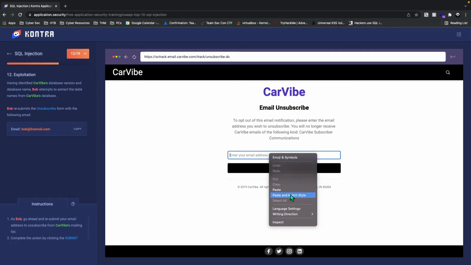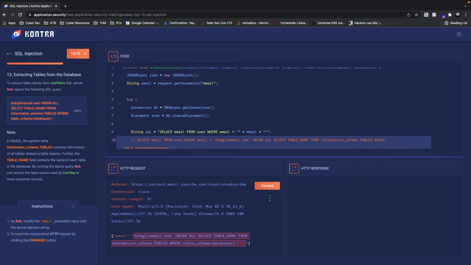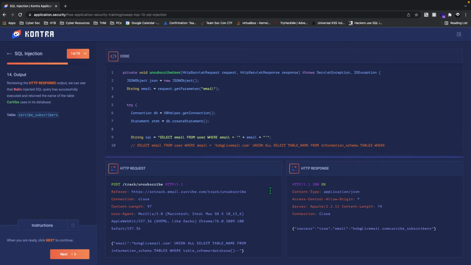and we're going to try to do the exploitation again, but in a different way. And I guess extracting the tables, to extract the table names. So this is basically what it's going to do. It's going to extract the table names. So there's going to be different tables for everything. So it says .com car wipe subscribers. So our table is called car wipe subscribers. So we can go into that